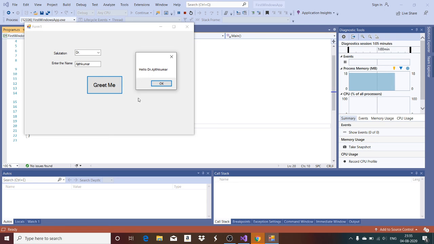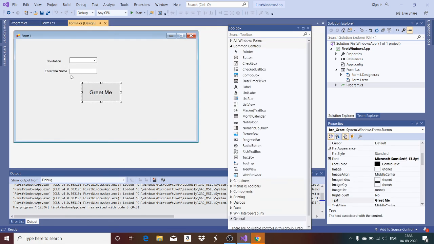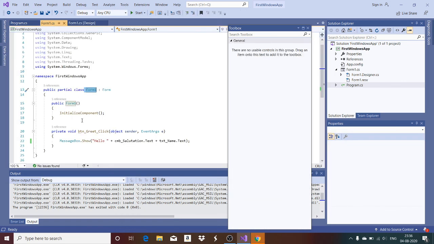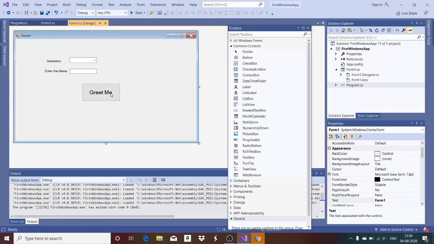So now you can easily understand how the Application.Run helps in creating a new form, how the design layout is used for adding all the user controls in your own easy way, and how Form1.cs is used for adding the event handlers, and how Solution Explorer helps in showing you all the files that are associated with the project, and how the properties window helps you in editing the properties of each and every user control.